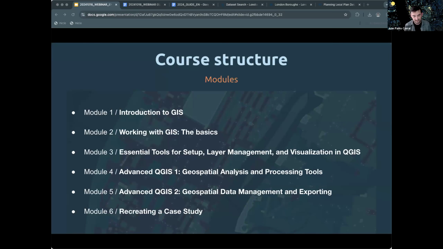And module number 6 is where I will show you a methodology in which we take all the content from the previous modules, and I will show you a case study where we go from acquiring data, to visualizing it, to analyzing it, to doing geospatial analysis, and then to exporting the maps. The idea here is that you can recreate this methodology with your own project. And Anastasia will show you which tiers we have in our course. But for those in the advanced and premium tiers, we will give you personalized feedback on your own project.